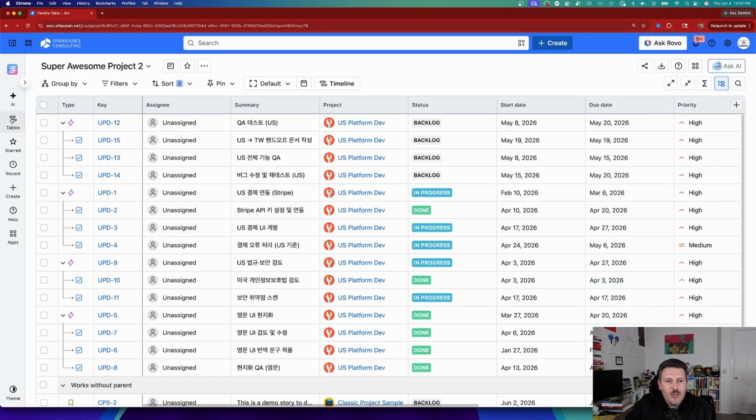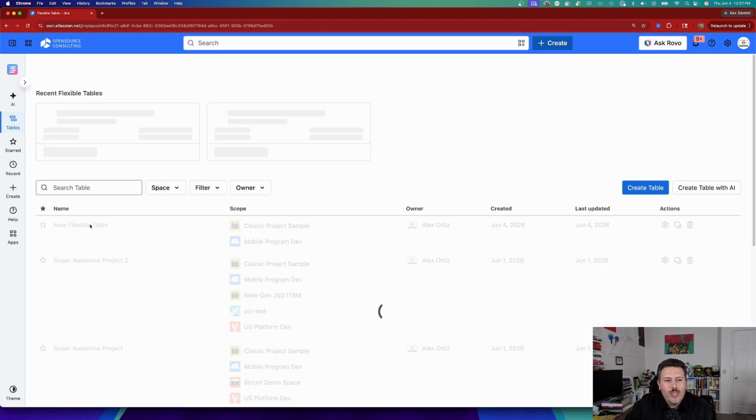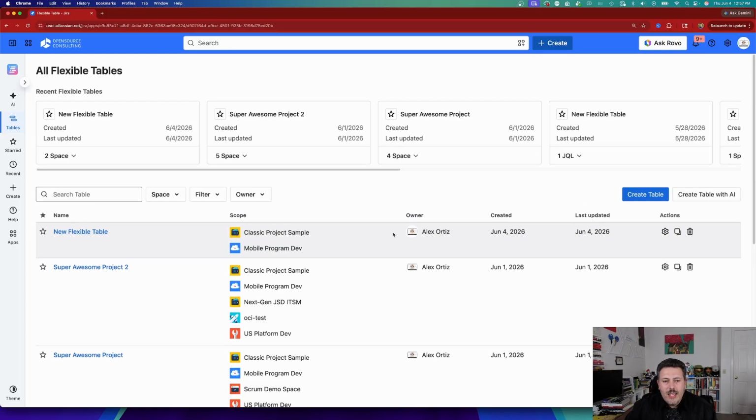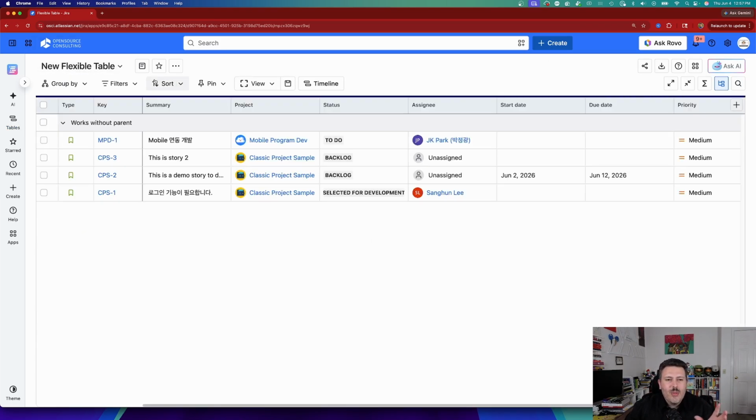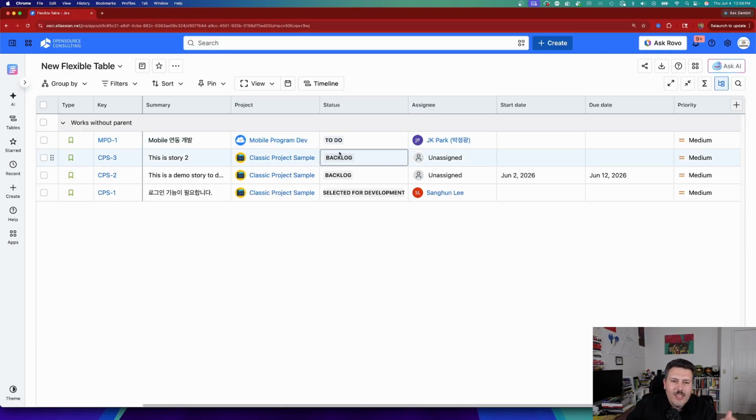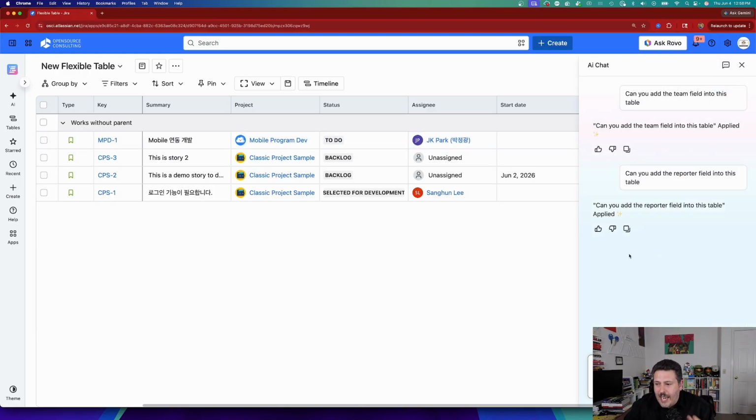So I can go to the tables view over here. And you're going to see that I have a brand new flexible table that was created just June 4th. This is the day of today's recording. We can go in there and now we can do all the updates that we want to do, right? We can rename the table, we can pull in other data, we can do everything else that I've shown you in this video. And of course, we can go back to Ask AI and I can ask it things like